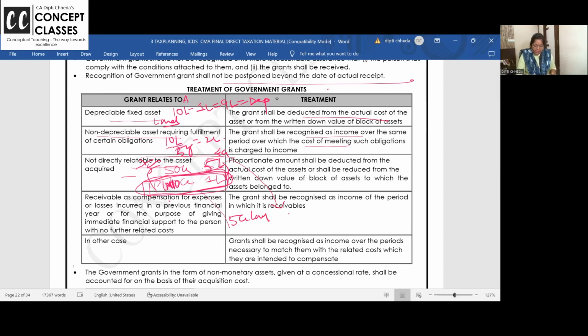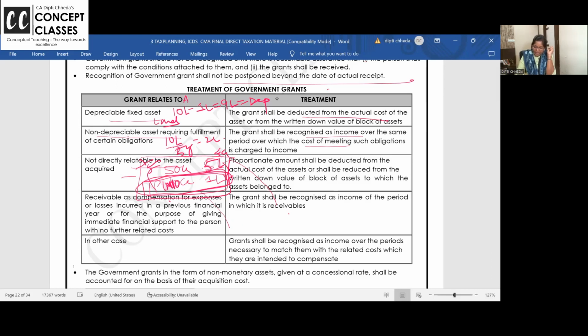In short, here the grant is received not related to any asset. It is related to your capital put in the business. Total project capital is 50 crores. In that, plant and machinery purchased is 10 crore. So total grant received is 5 lakh. In that, how much you can adjust in plant and machinery? 1 lakh. Now tell me, is the example clear?